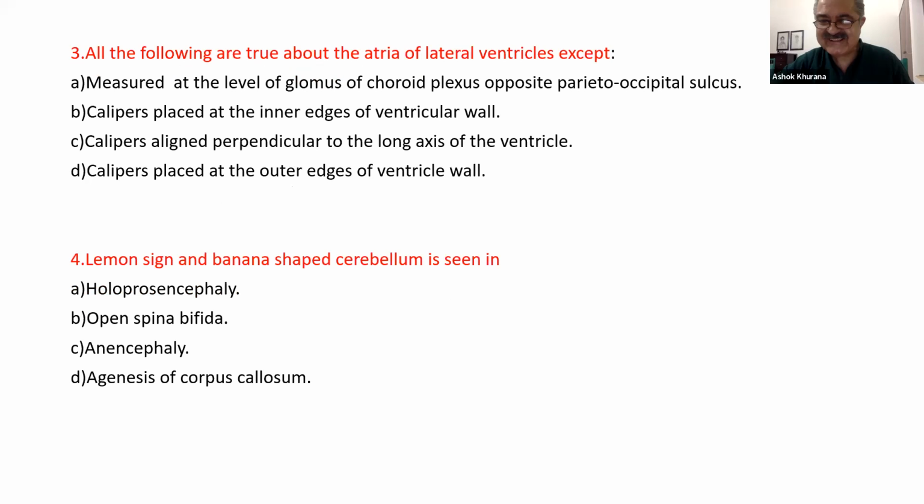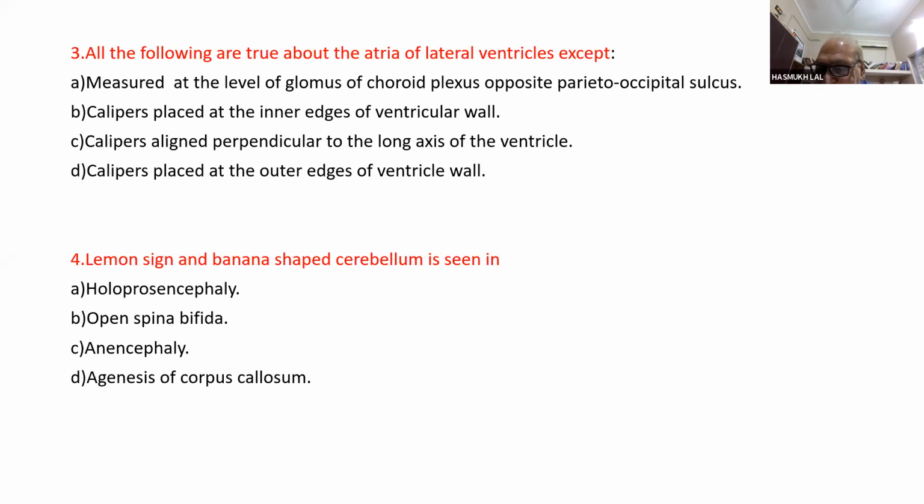Okay. So we'll discuss the third question. The fourth one is: the lemon sign and banana-shaped cerebellum is seen in. The right answer is open spina bifida, as Suchita had already explained: the CSF is leaked, it goes downwards, and therefore it pulls the brain backwards, and the cerebellum becomes compressed, and the frontal bones are collapsing. I think this was a very important historical aspect, which Ashok sir and I are familiar with